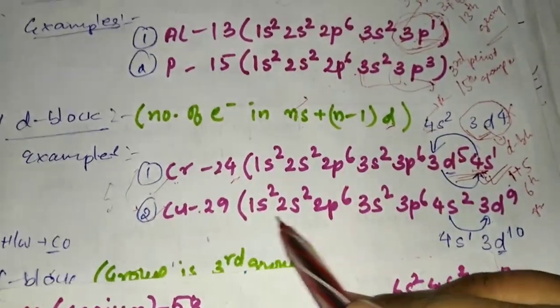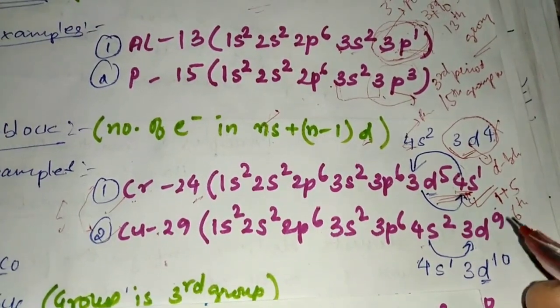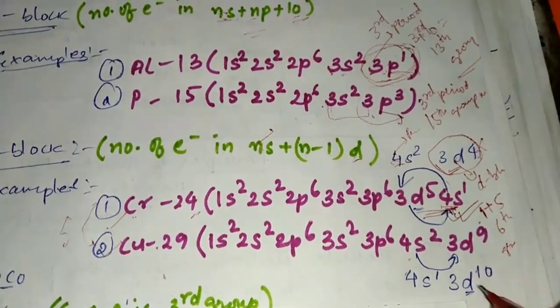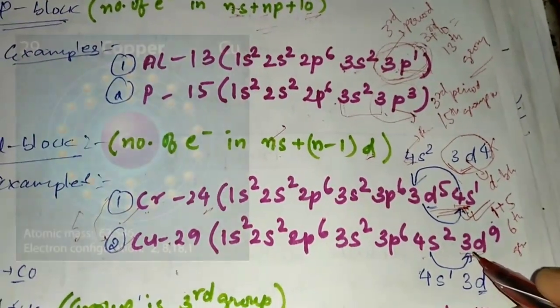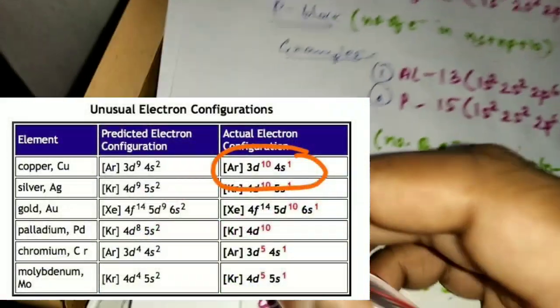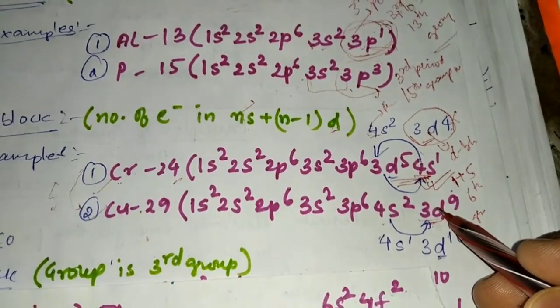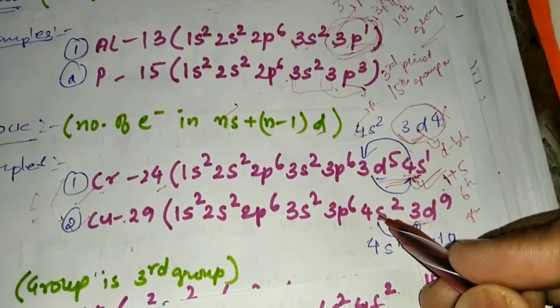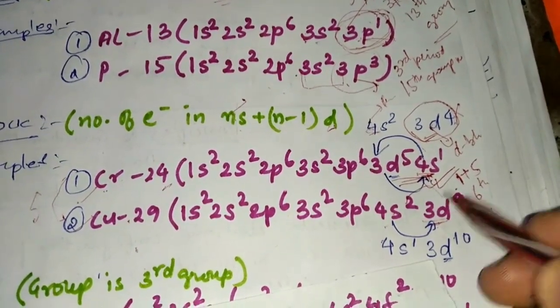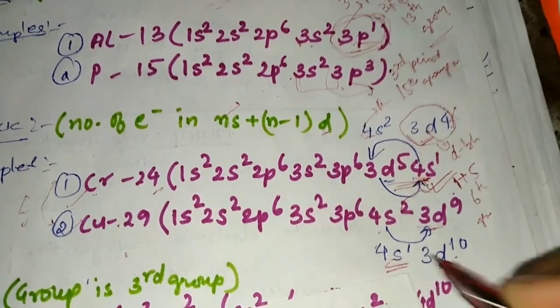So write the electronic configuration of copper and see the last electronic configuration of copper is 3d9 here. Actually it should be 3d9, but due to its exception, to gain stability, it should be either half-filled or fully filled subshell. So the outermost should be half-filled or fully filled, otherwise it becomes unstable. So to gain the stability, this 4s will transfer one electron to the 3d here, right? And it becomes 3d10. So the actual electronic configuration is 4s1 and 3d10.